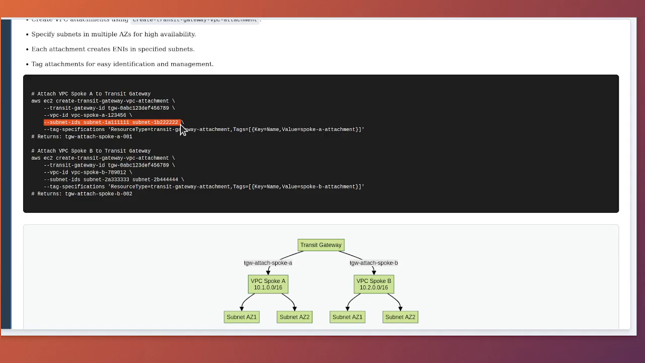When you attach a VPC to a transit gateway, AWS creates an elastic network interface in the specified subnets. These network interfaces are how traffic enters and exits the VPC through the transit gateway. In our command, we specify subnet 1A1 ending with 11 and subnet 1B2 ending with 22, placing network interfaces in 2 different availability zones. This provides high availability because if one availability zone experiences issues, traffic can still flow through